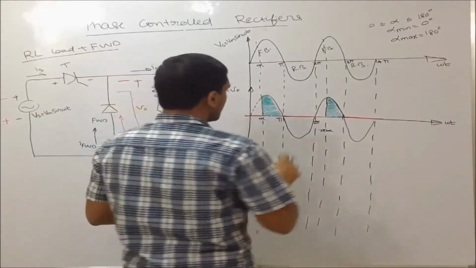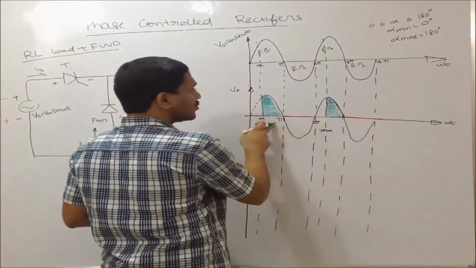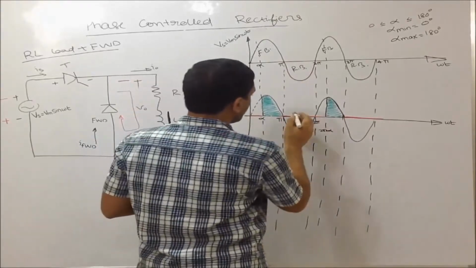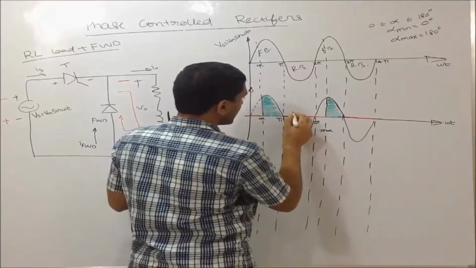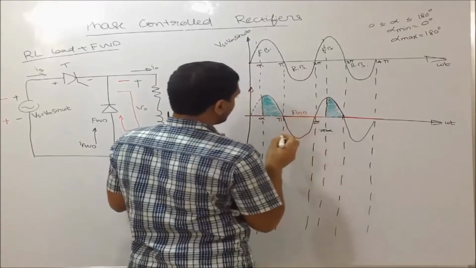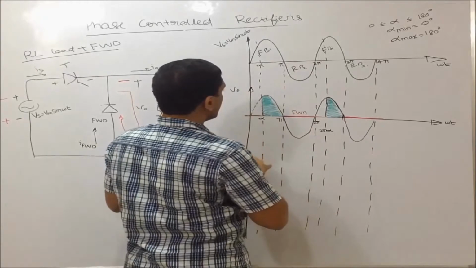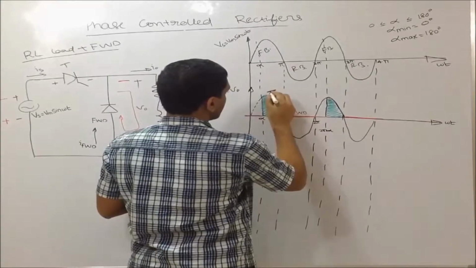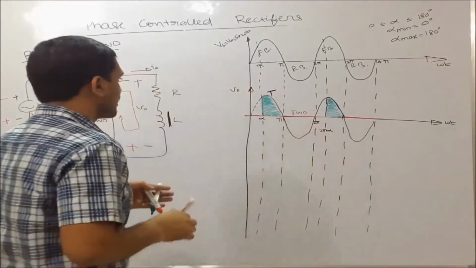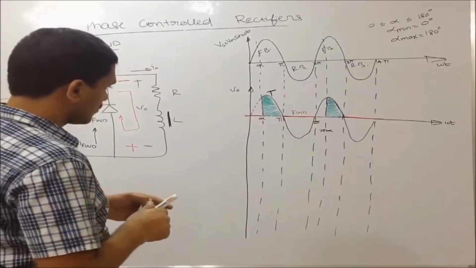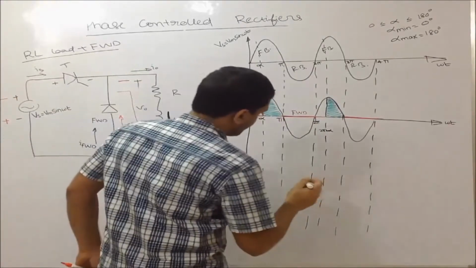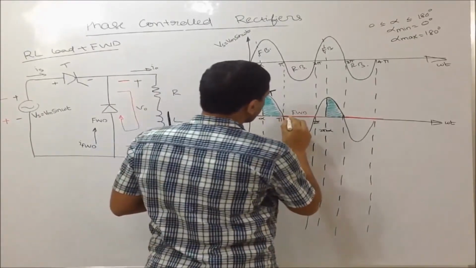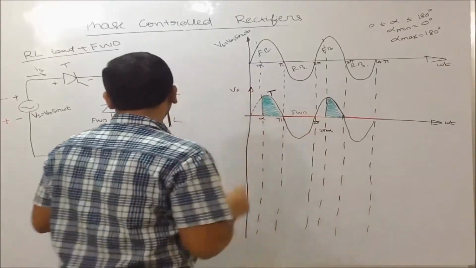This we will say, like how the conduction is there up to the next cycle. In this part it is the freewheeling diode which conducts. Here it is the freewheeling diode which conducts, and here it is the main thyristor which conducts. It is the thyristor which conducts, and here it is the freewheeling diode. Now, I told you this freewheeling diode conducts up to the next cycle. How it happens, we will see.